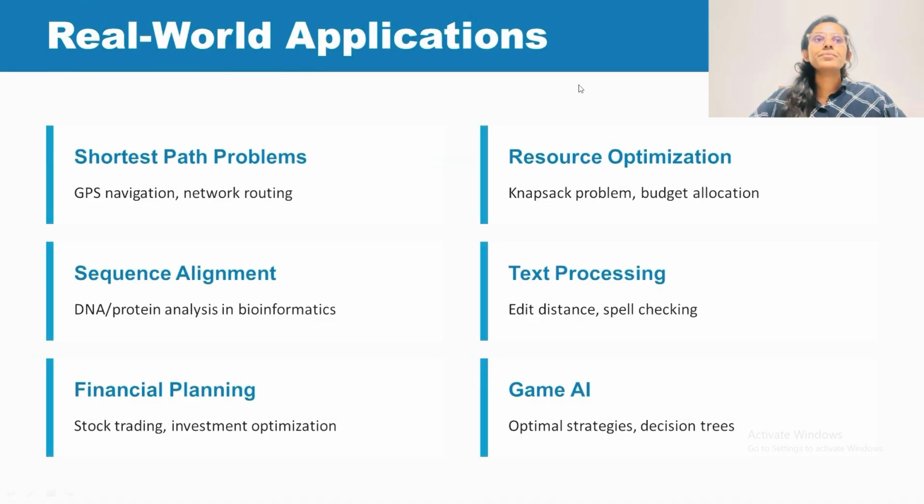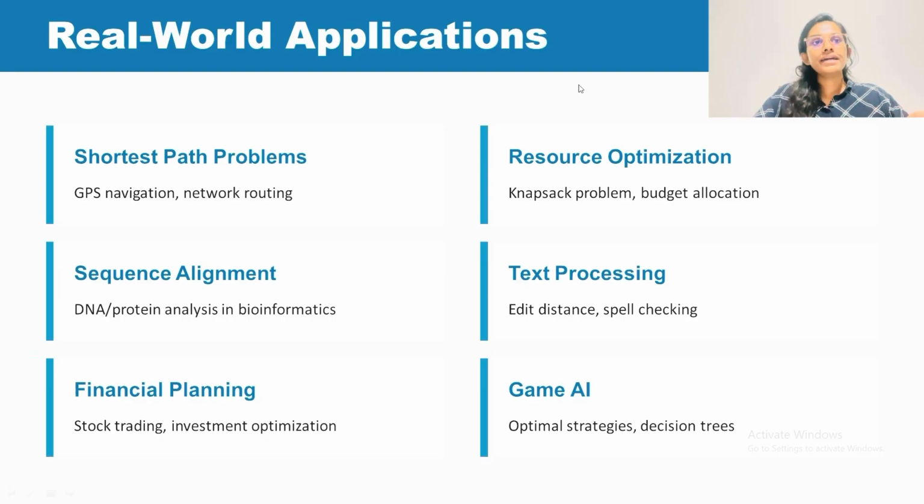Where does dynamic programming matter in the real world? Everywhere. First, shortest path problems. Every time you use GPS navigation, a shortest path algorithm works behind the scenes. Second, resource optimization. The knapsack problem and budget allocation use these principles. Third,